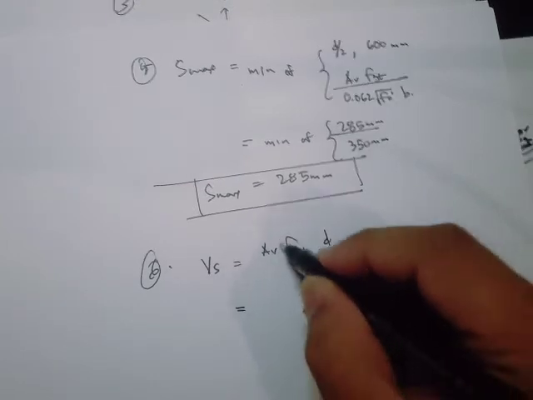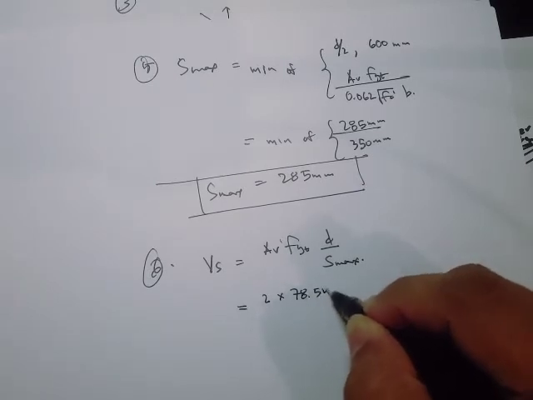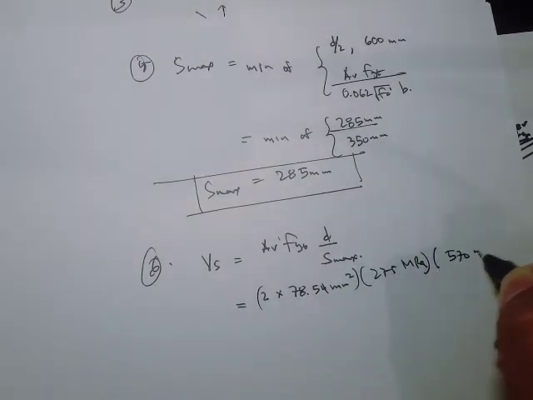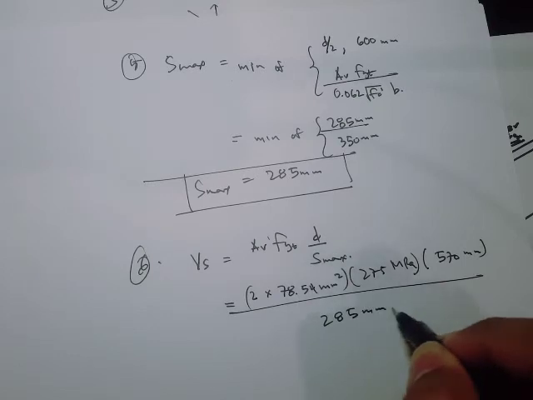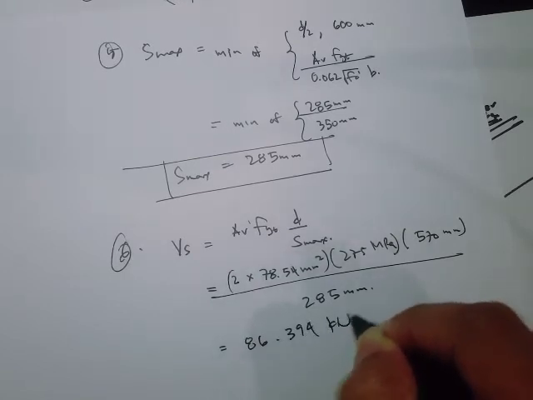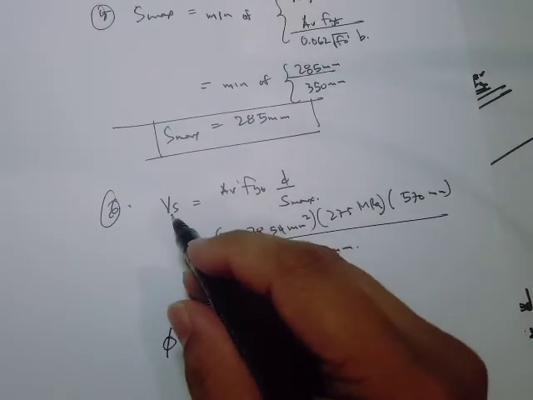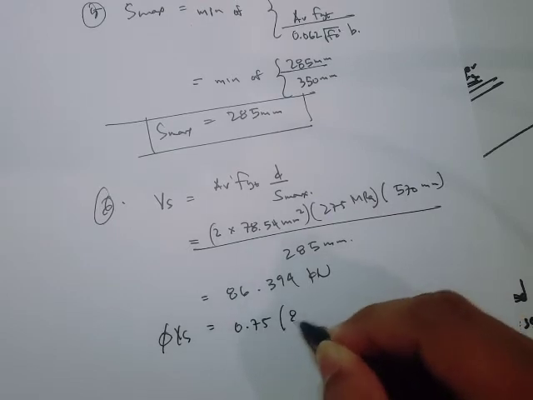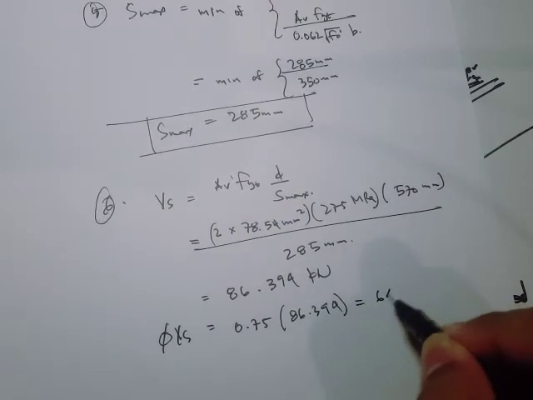Okay, so we have 2 times our shear area, 28.54 mm squared, times 275 megapascals, times 570 mm for our effective depth, and a maximum spacing of 285 mm. So what we get is 86.394 kilonewtons. Okay, so if we take the factored shear capacity of steel, if we multiply that by 0.75, so 0.75 times 86.394, we get a value of 64.79